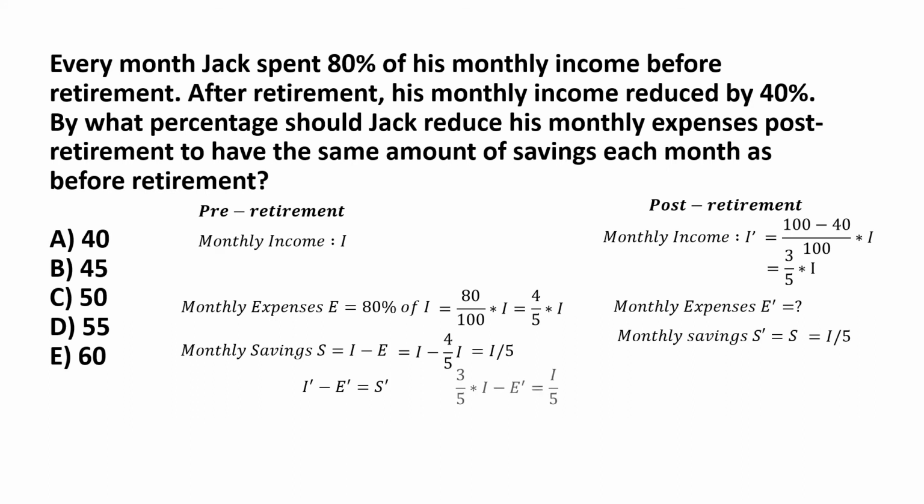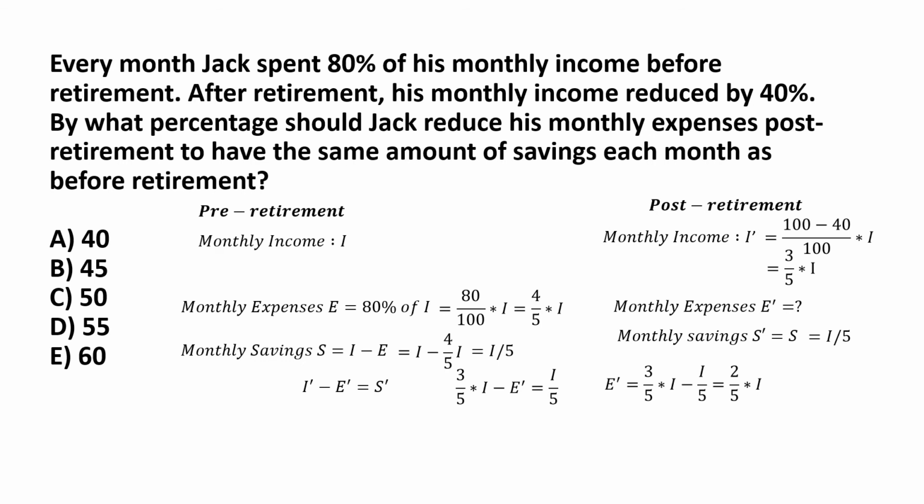And we know that I dash is 3 by 5 I. We don't know what E dash is, so we are going to find it out, right? And S dash we know is equal to S is equal to I by 5. So we have this equation 3 by 5 multiplied by I minus E dash is equal to I by 5, from which you can solve for E dash in terms of I, and that comes to 2 by 5 multiplied